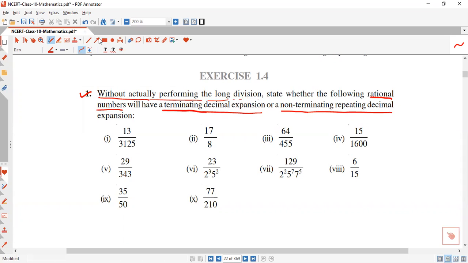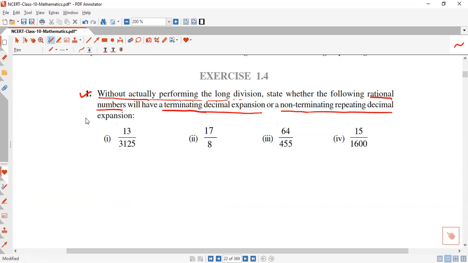So in this question, let's say part 1. We are doing it one by one, all parts are there. In part 1, first of all, we will factorize the numerator and denominator. So 13 has a factor of only 13. Now 3125, we want to find the factors of this 3125. See, the last digit is 5, so divide by 5. 5 sixes are 30, 1 carry 2. 5 twos are 10, 2 fives are 25.